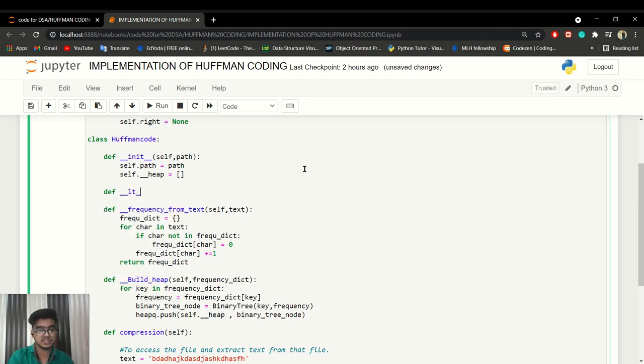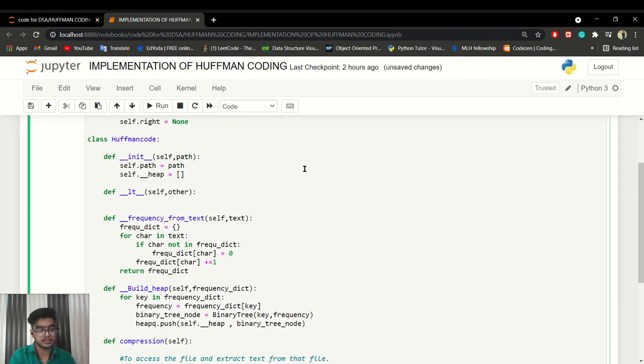For the less than function, here we are passing self and other, the other argument on the basis of which we are doing the comparison. So we have to return self dot frequency, because we are comparing on the basis of frequency.